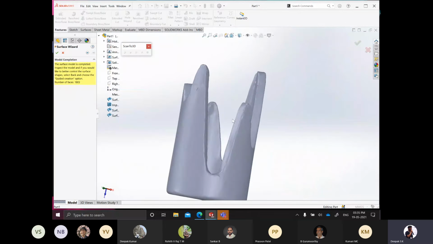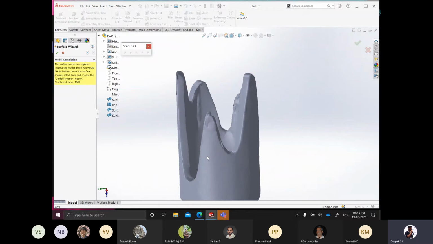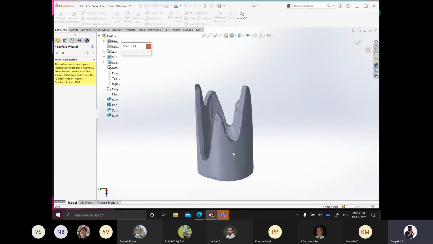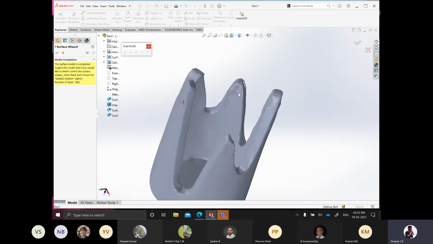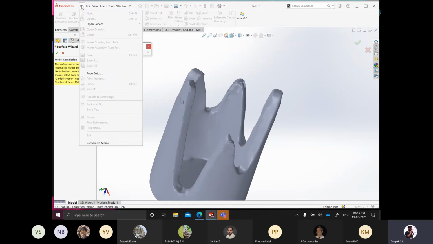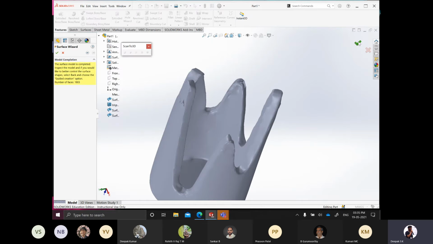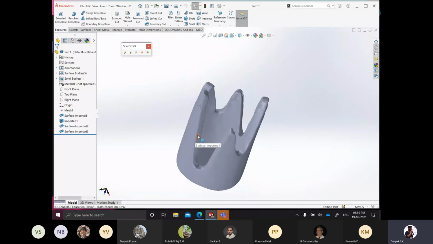So in case you're going for your MDES project, or for that matter any project, you're going to 3D print this particular part, it is advisable that you convert this to an STL file. You can directly go and save as an STL file. Now what the STL model does is it slices the entire model into different planes, and it tries to draw a curve or create a path in which the nozzle has to move to create a particular section.